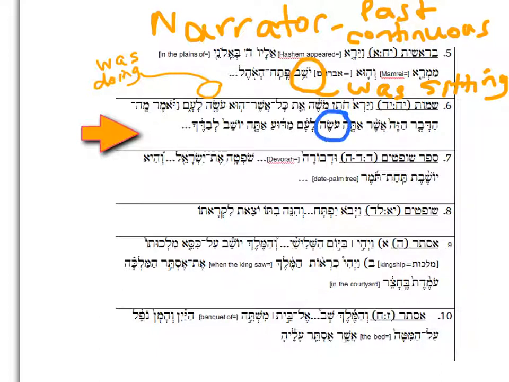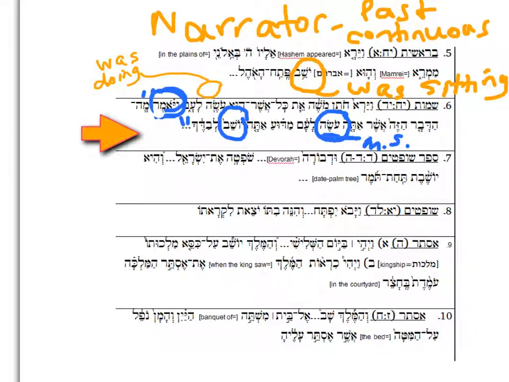oseh la'am. Madua ata yoshev levadecha. Okay, so he said, so I have now what? Vayomer, he said, I have a speaker, right here, my quotation marks. Ma hadavar hazeh, what is this thing? Asher ata is masculine singular, so oseh is going to be masculine singular. What is this thing that you, now, do I have a speaker or do I have a narrator? I have a speaker. Remember, vayomer, right? I have a speaker here.